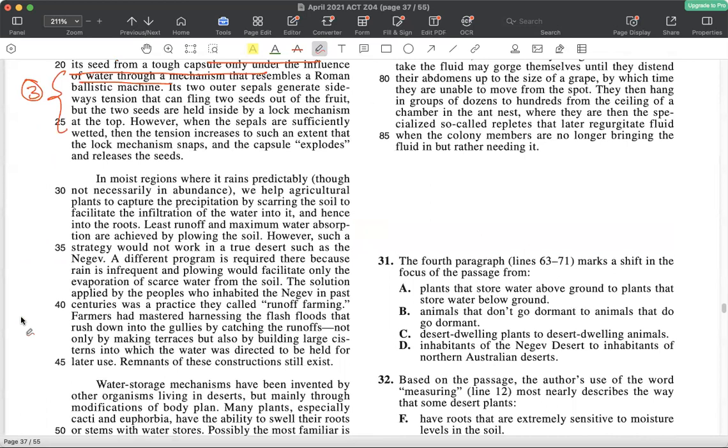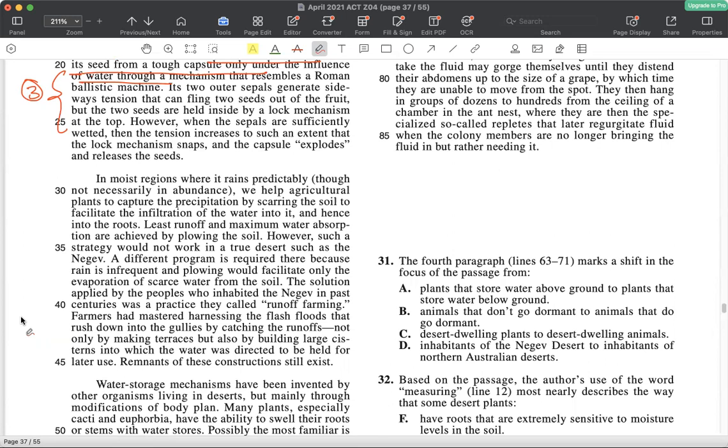In moist regions where it rains predictably, though not necessarily in abundance, we help agricultural plants to capture the precipitation by scarring the soil to facilitate the infiltration of the water into it and hence into the roots. Least runoff and maximum water absorption are achieved by plowing the soil. However, such a strategy would not work in a true desert such as the Negev. A different program is required there because rain is infrequent and plowing would facilitate only the evaporation of scarce water